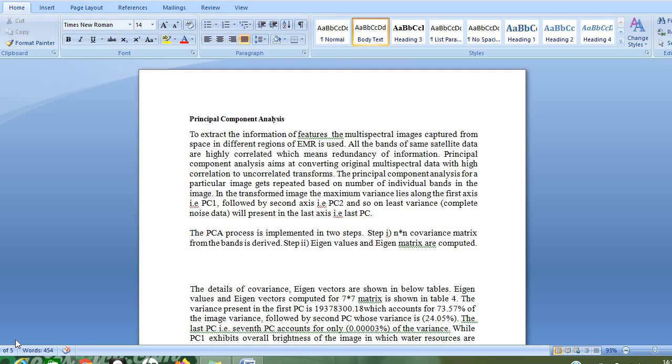Let us assume that band 1 is covering some information, and we are having band 2 also. Whatever the information covered by band 1, if 80% of the same information is getting covered by band 2, then what is the need for accessing two bands, band 1 and band 2? Instead of accessing band 2, just ignore it. Why? Because 80% of the information of band 2 is getting covered in band 1 only. This is the theme of the principal component analysis.